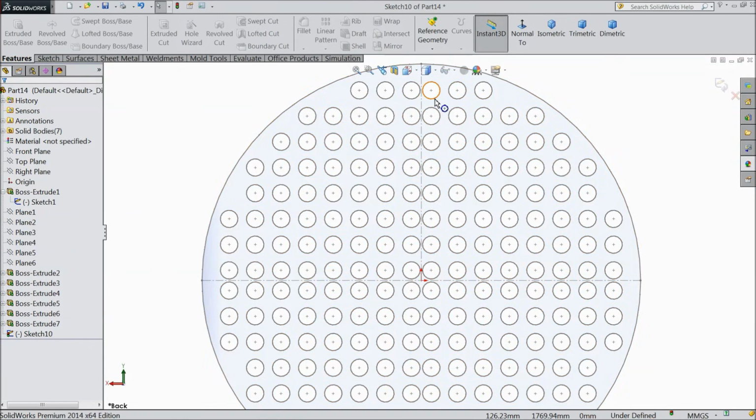Now select some holes we want to convert. Be careful while selecting. We want to select only a quarter circle, not the full, because it's too much. We will just do it 2 or 3 times with the help of the mirror command. So select only a quarter circle and convert it.